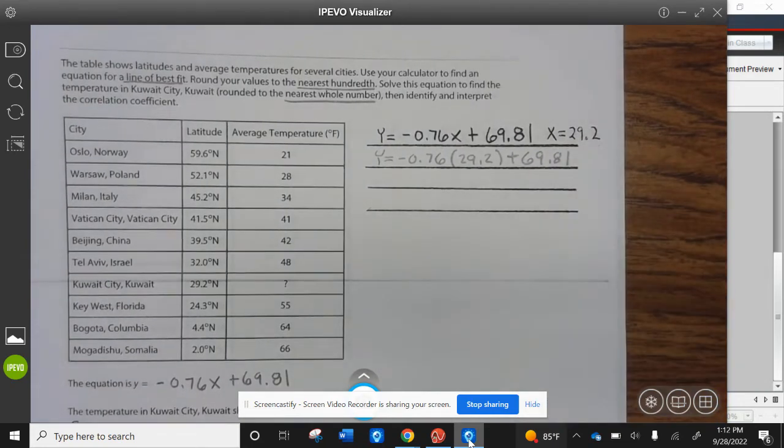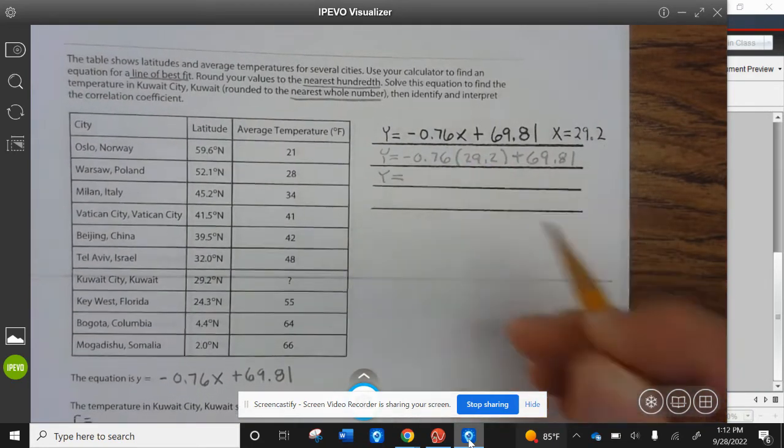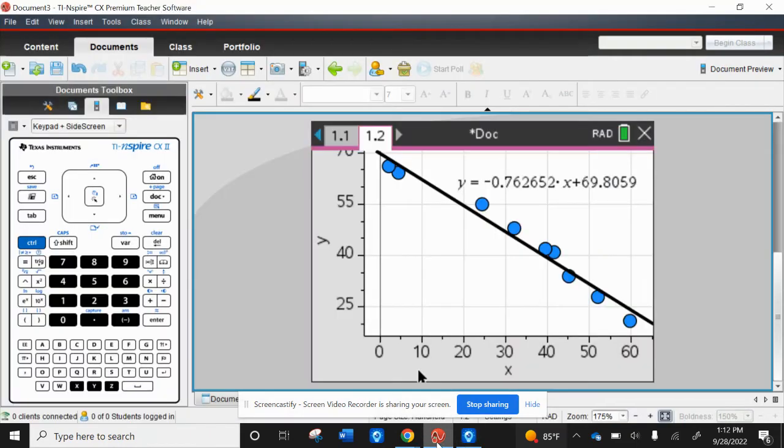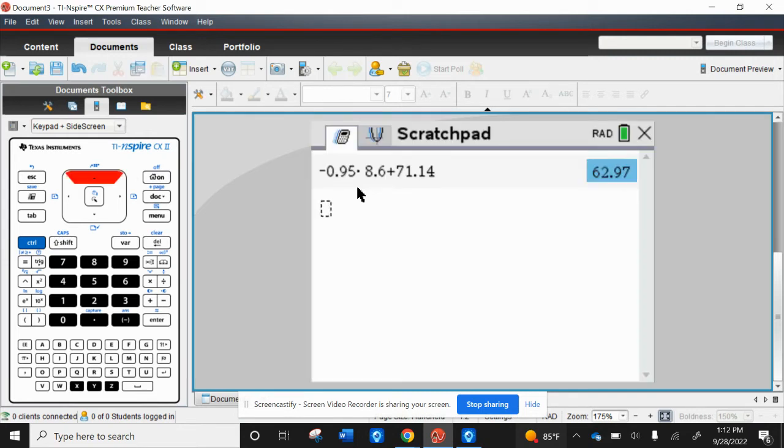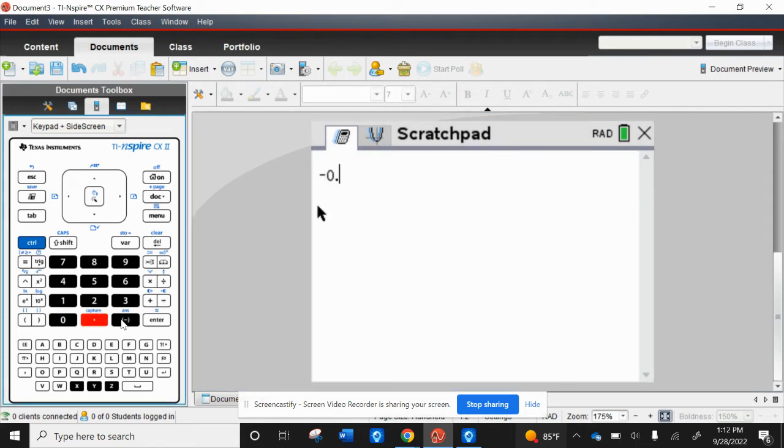All right, so I'm going to come over here. I'm going to press on, go to calculate, delete the previous problem, and then the negative's right here, -0.76, parentheses 29.2 plus 69.81. So y equals 47.618,